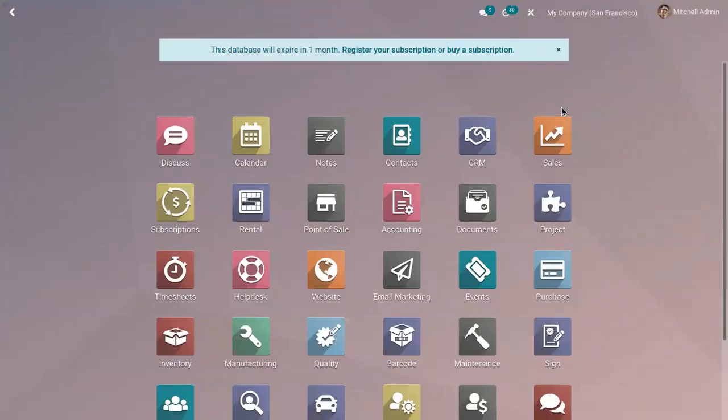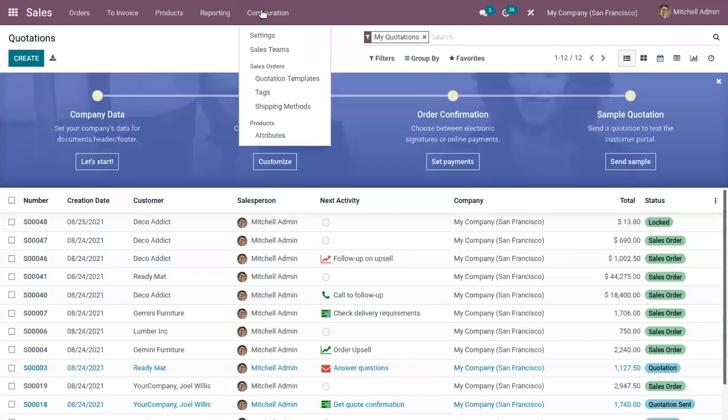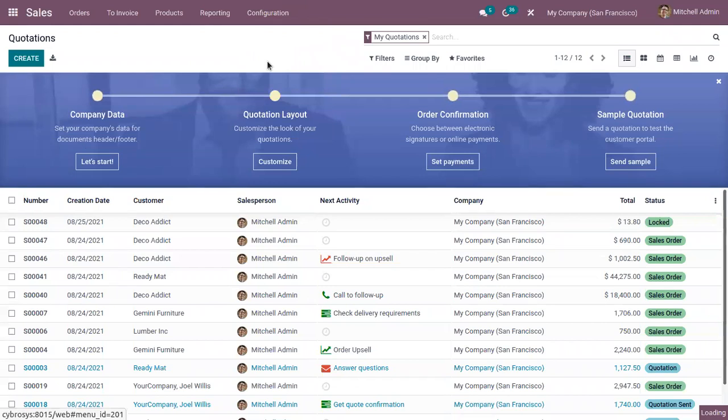While handling a business process, it's very essential to sell and buy products in different quantities and units of measure that are convenient for consumers. In Odoo 15, one can easily configure the units of measure. For that, just go to the Sales module and go to Configuration settings,